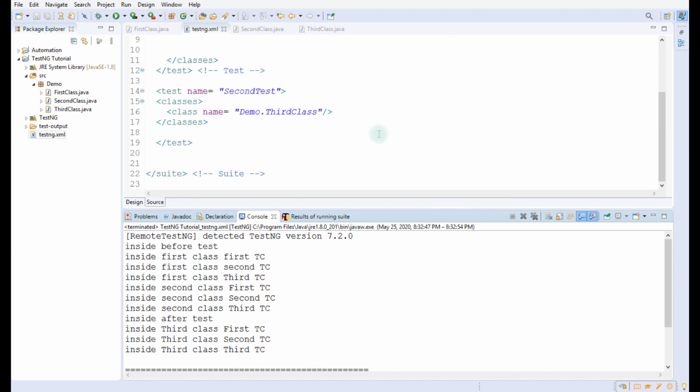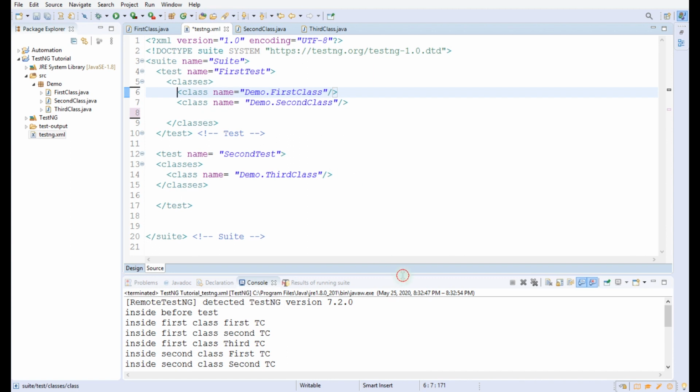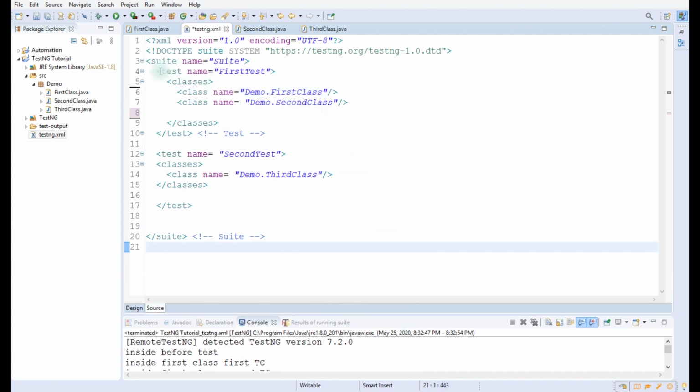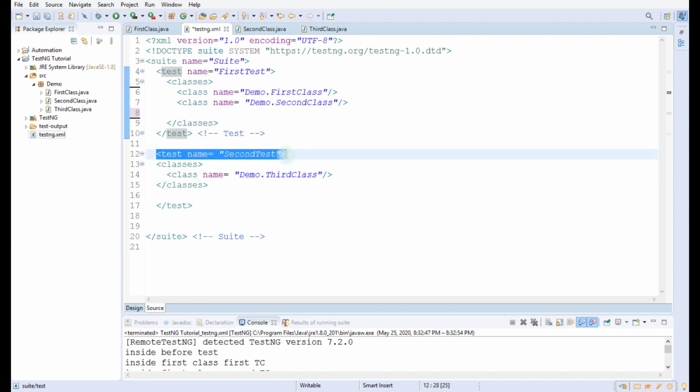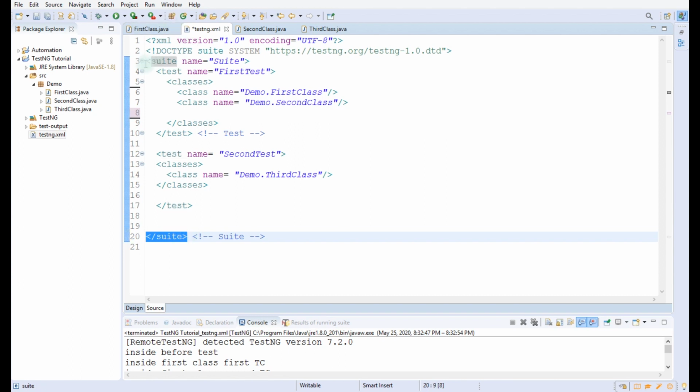So now let us see the behavior of before suite and after suite. So this is the XML. In the XML, as you can see, there are two tests, first test and second test, but there is only one suite. Here is the opening of the suite and the closing of the suite.